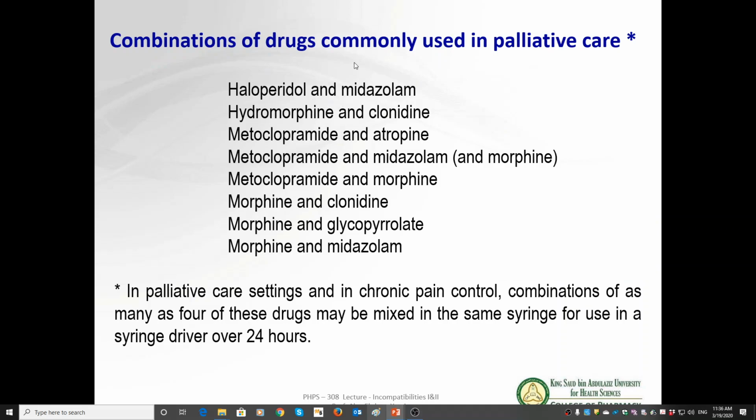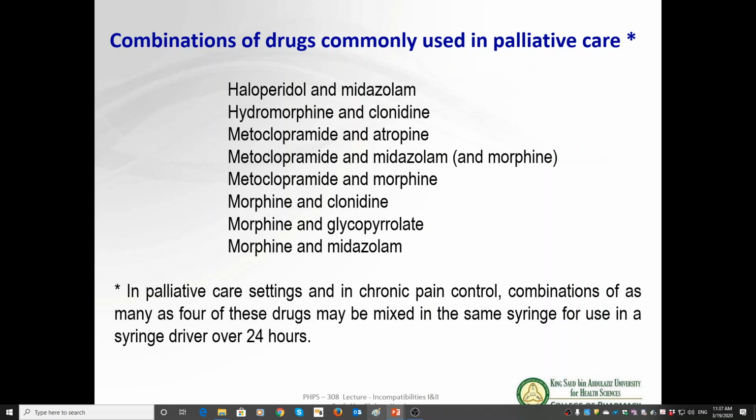These are common combinations of drugs used in palliative care, available as combinations: haloperidol with midazolam, hydromorphone with clonidine. They are already mixed, available as a combination that has been investigated. This is helpful to use directly, but sometimes you need more drugs to be mixed with this. So with these combinations of the three categories, how do you know what to recommend regarding mixing them in the formulation of palliative therapy? You should look to the